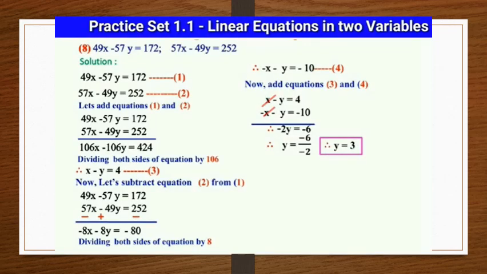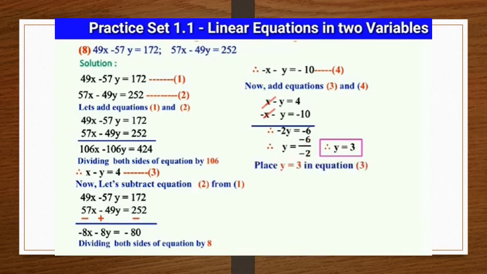So now minus 6 divided by minus 2, minus minus sign will cancel each other, and y will be equivalent to 6 divided by 2. 2 ones are 2, 2 threes are 6. So therefore y is equal to 3, because 2 threes are 6. So y is equivalent to 3.